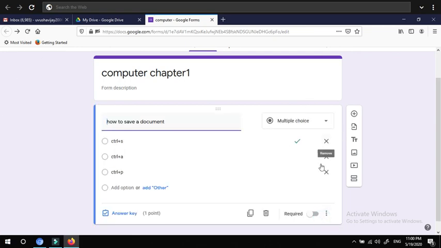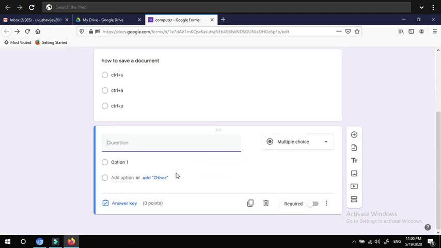Okay. Now again, I have created only one question so far. If I want to create another question, on the right hand side we have a menu over here. The first option is add question. Click that add question. So again we will get a second box. Here you can create another question. So here again I am choosing multiple choice and I am going to type an option here.